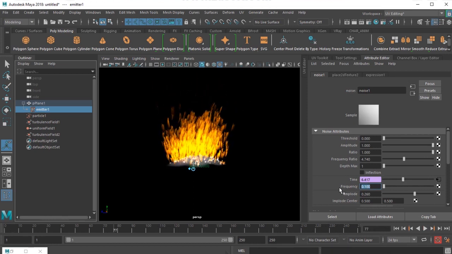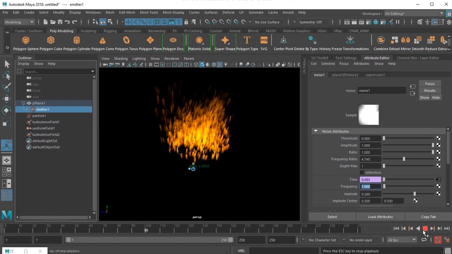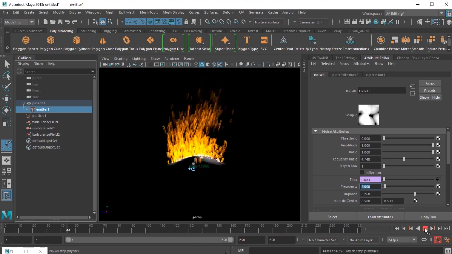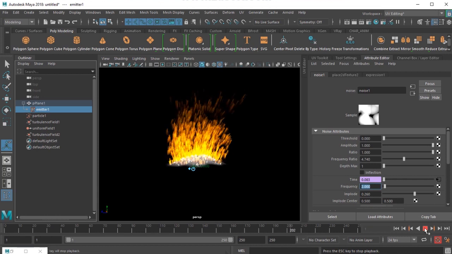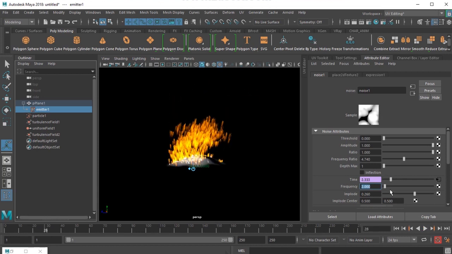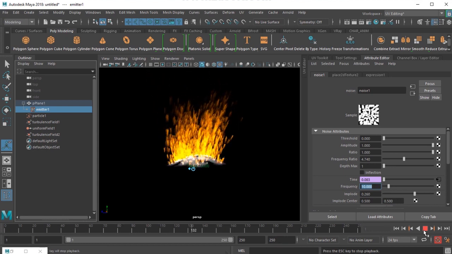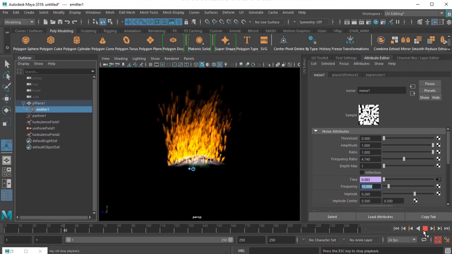As I keep on adding the number, the area of those gaps will be very different. And that makes the effect look more natural. Okay, the small gaps, more flaky, I mean massive fire.